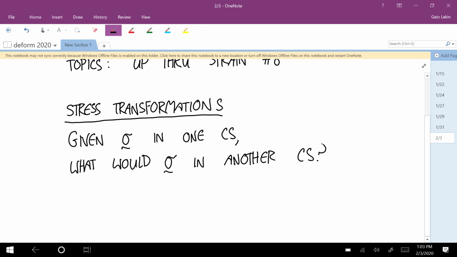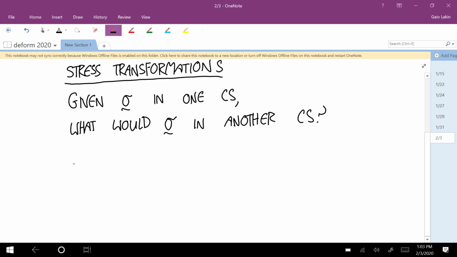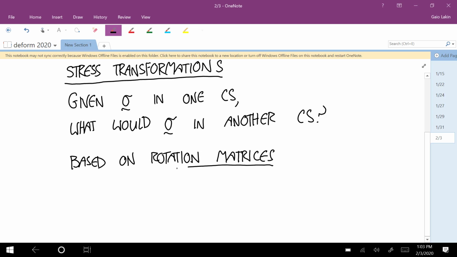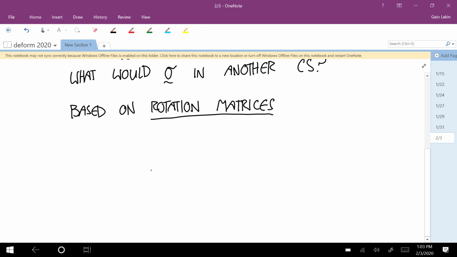Okay. And this is based on a rotation matrix. And rotation matrices are really useful things in all sorts of branches of physics and engineering. And so here's the idea. So let's say